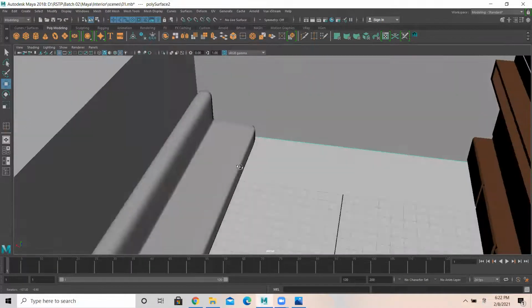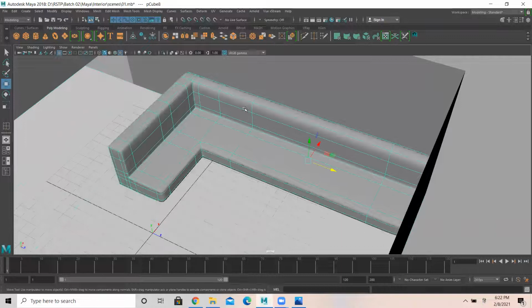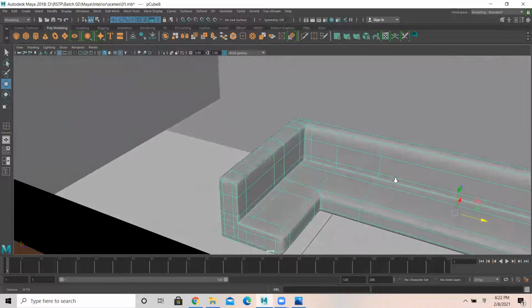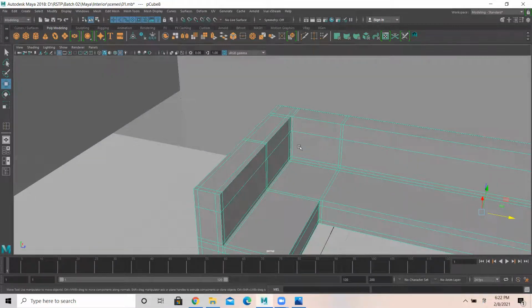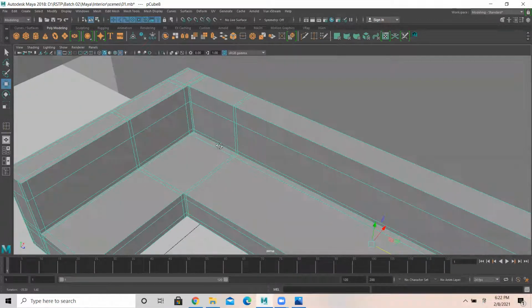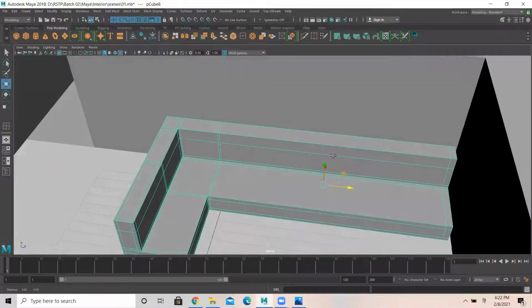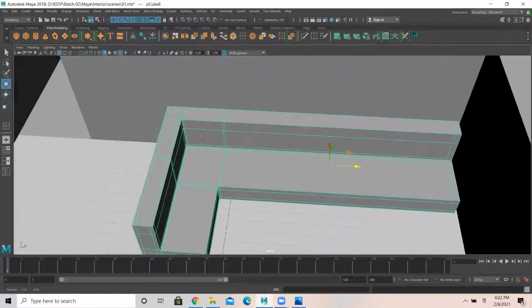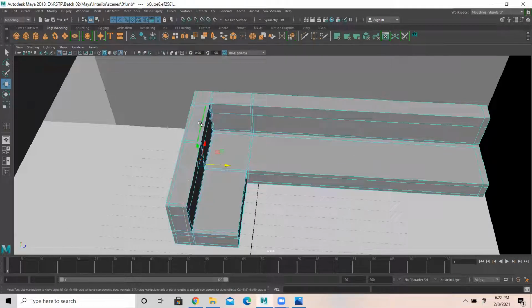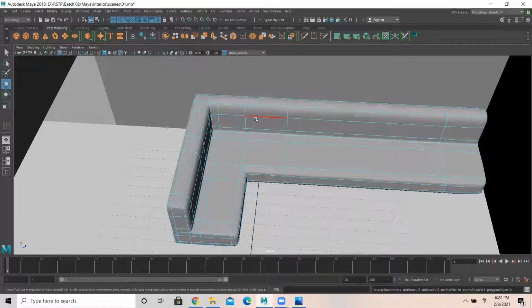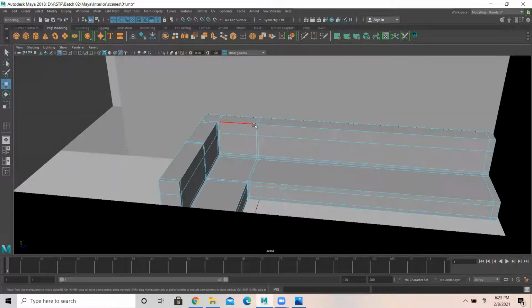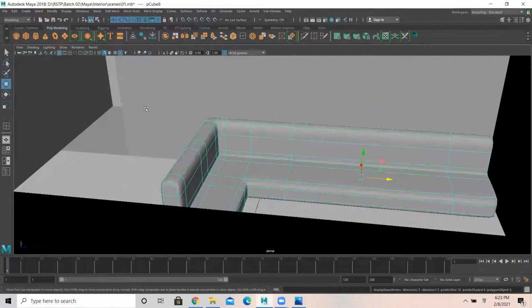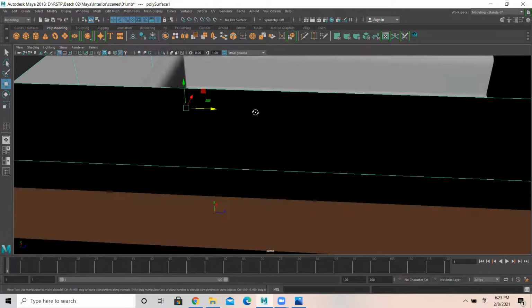Okay, see, this is a smoother output you are getting. Okay, see, you have this soft corner output.